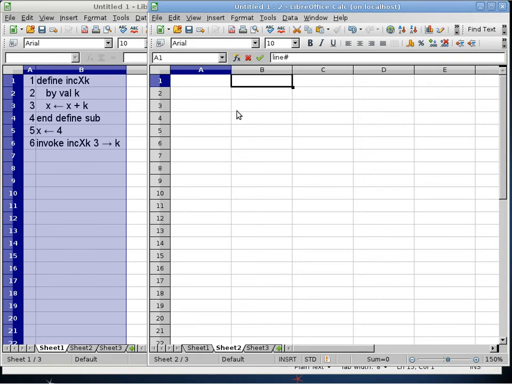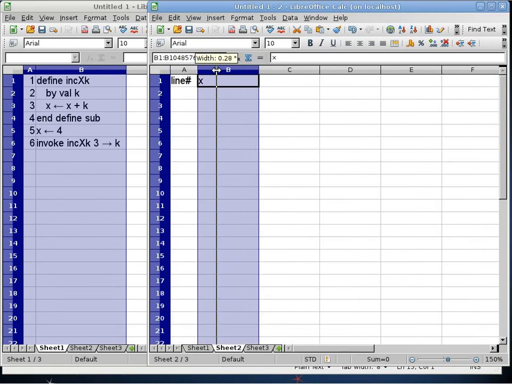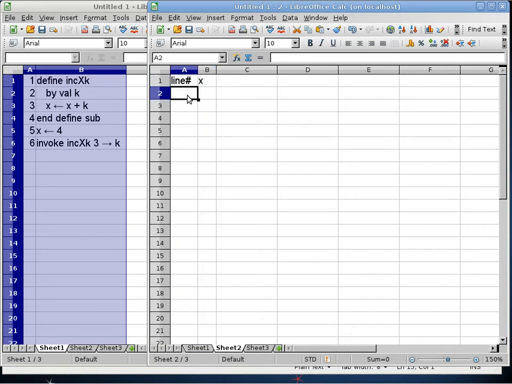We have line numbers, and we do have one global variable here, which is x. But the main point of this particular sample program is to illustrate what a Byval parameter is and what purpose it can possibly serve in this program. The precondition is we don't need to know anything about x, because on line 5, which is the first line outside of the definition of a subroutine,